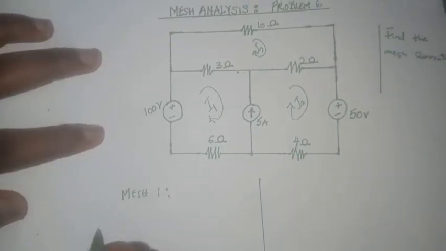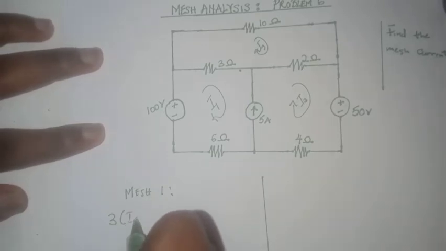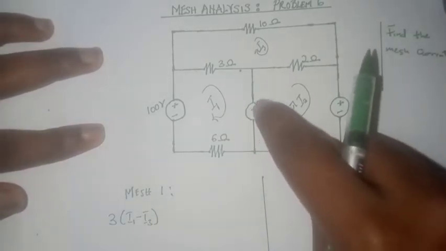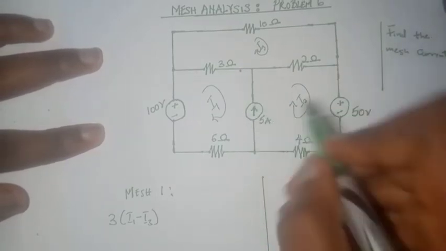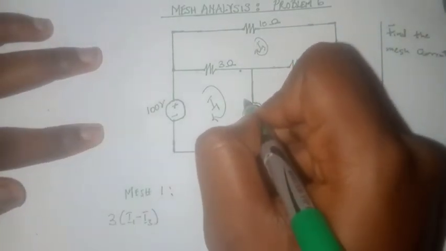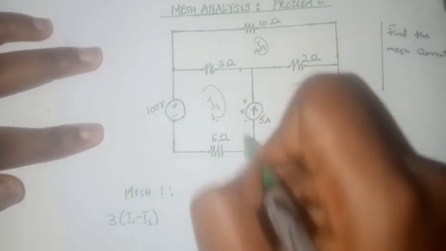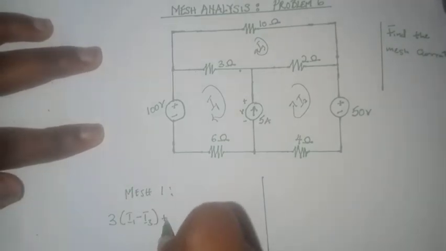So we would have 3 into I1 minus I3. Then this current source, we do not know the voltage drop across it, so we are going to give it positive, negative, then we're going to give it a voltage. So we're going to say plus V,